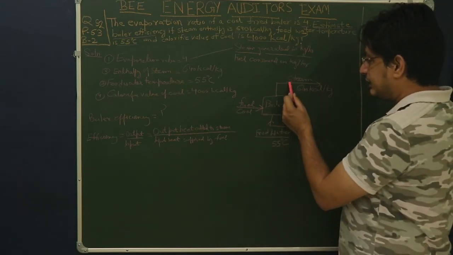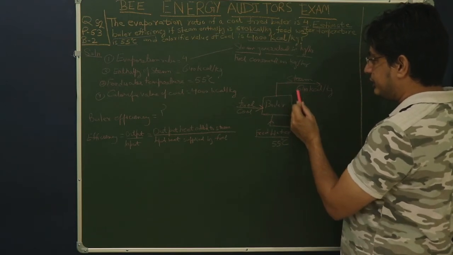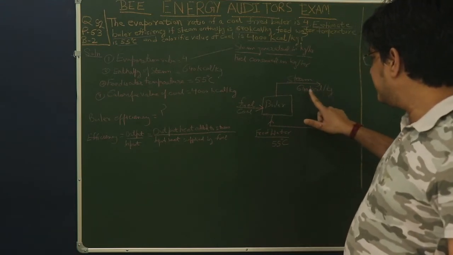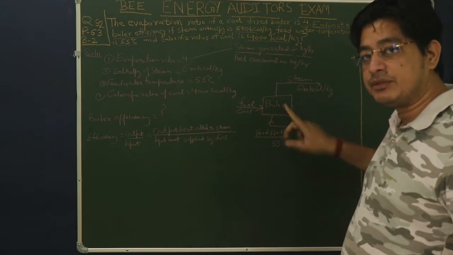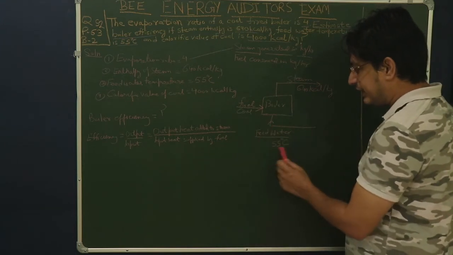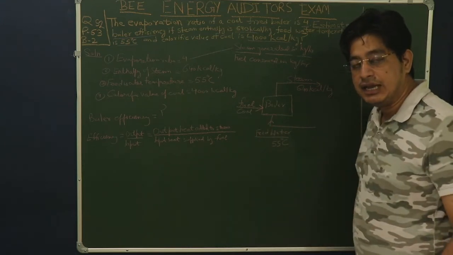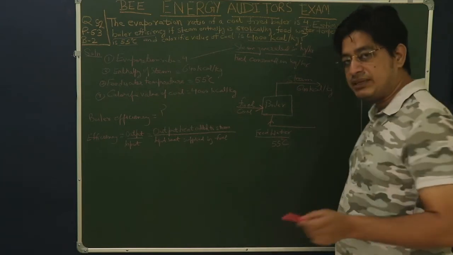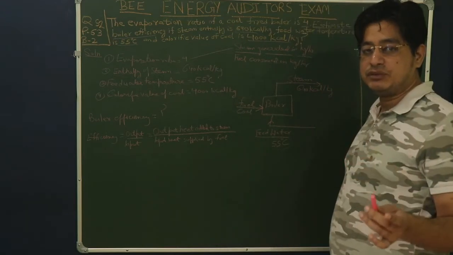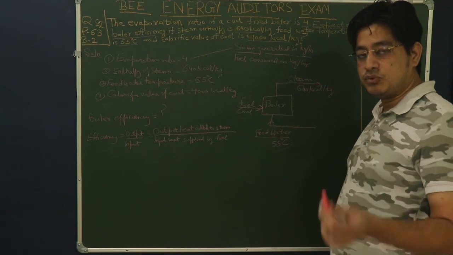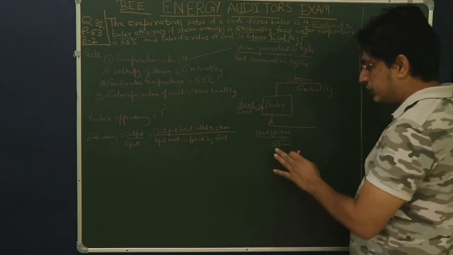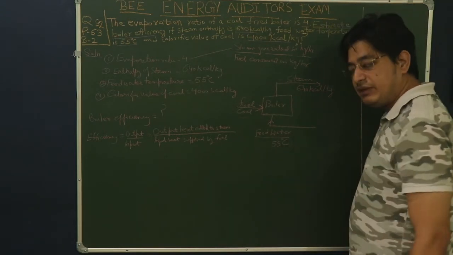So here you can see the enthalpy of steam generated is 640 kilocalorie per kg. So prima facie you will say that 640 kilocalorie per kg of heat energy is being added in the boiler. That's not actually true, because the feed water entering the boiler is at a temperature of 55 degrees centigrade, and I have already told you that water possesses some heat energy by virtue of its temperature. The enthalpy of water in kcal per kg corresponding to any particular temperature in degree centigrade is equal to the value of temperature at that point. So at this point the temperature of feed water is 55 degrees centigrade.